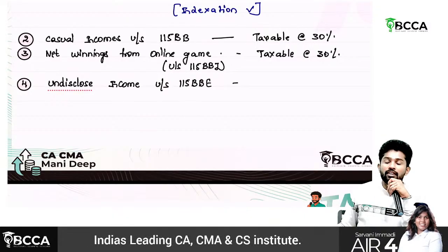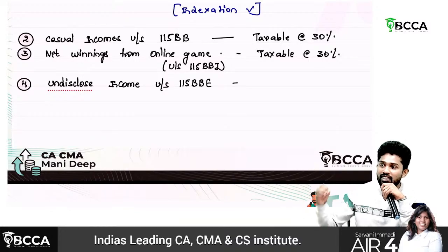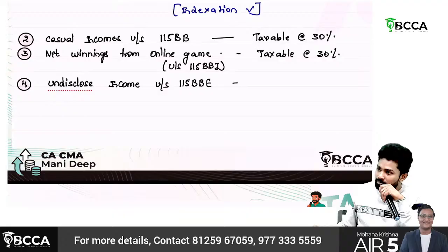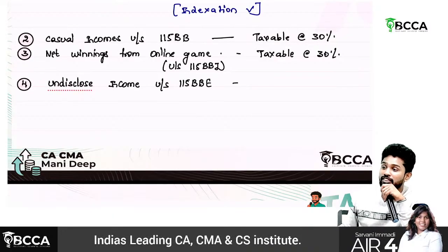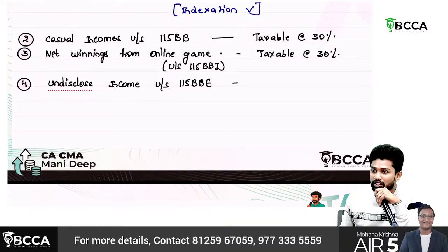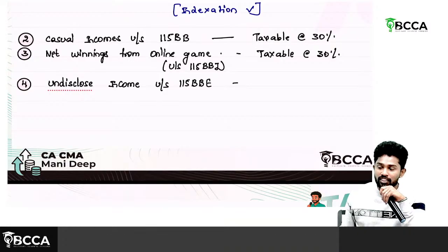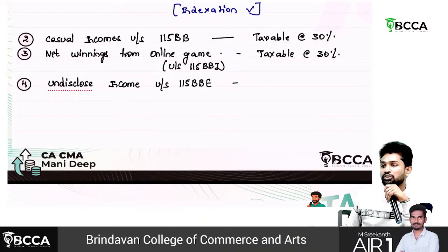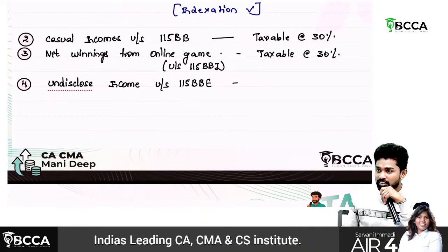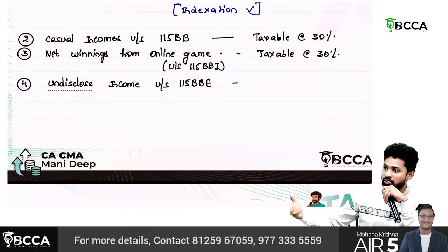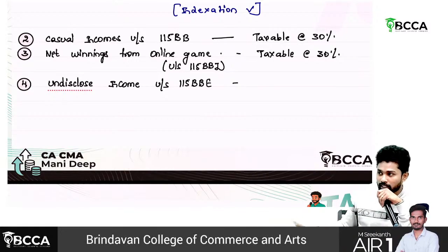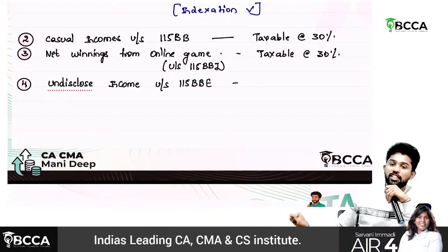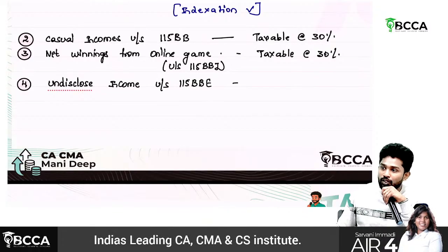Or else, in the current financial year, you purchased a land for 3 crores. Then again, they'll come and ask you the source. If you could explain the source, fine. If you cannot explain the source, or the explanation is not satisfactory, again that 3 crores is undisclosed source of income. And then they came for some search operations to your home. During the search, they found cash, gold, and some jewelry. Again, they'll ask what is the source? If you could explain, then no problem. If you cannot explain, or the explanation is not satisfactory, again undisclosed source of income.